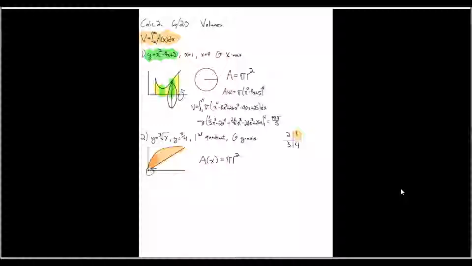So what we're going to do is convert what we have. We've got y equals the cube root of x. What that means is that x equals y cubed. And then our other one is 4y equals x. So now we've got these other functions from the problem, and we can find our radius through that, right? So I'm going to get rid of this x in here and put a y. And now the radius of my circle is,